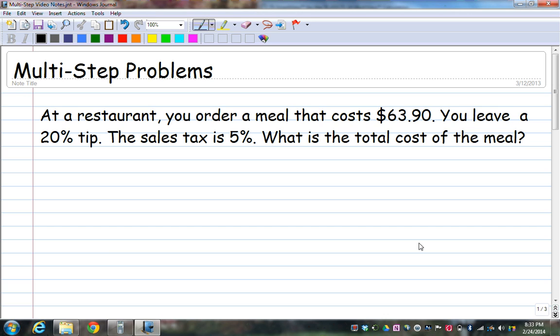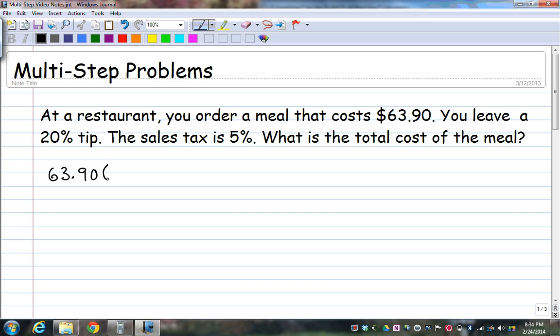So, let's say you're at a restaurant. You order a meal that costs $63.90. You leave a 20% tip and the sales tax is 5%. What is the total cost of the meal? Well, when you figure this one out, what you want to do is take $63.90